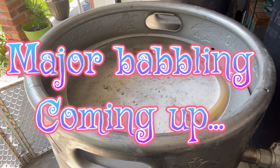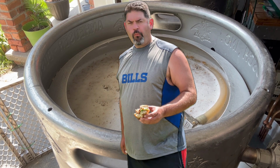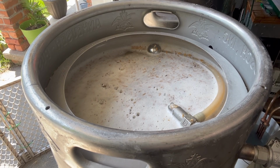start the recirculation. So this one I'll be adding blueberries 2 different ways, possibly 3. I'll be adding fresh frozen blueberries to the boil at flame out. Probably does absolutely nothing, but I'll be doing that anyways. And then I'll be adding blueberry puree at cold crashing,